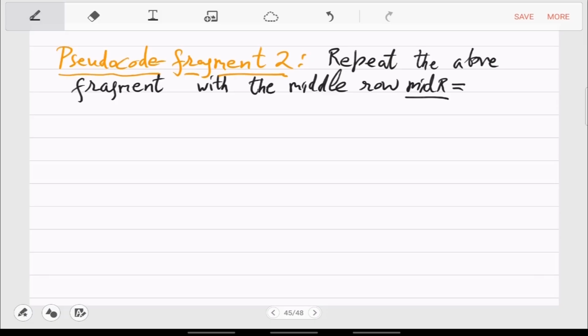The middle row is the up plus down pointers by 2. So instead of L plus R by 2, you do U plus D by 2. That gives you the middle row, and you do the same fragment as you did before.